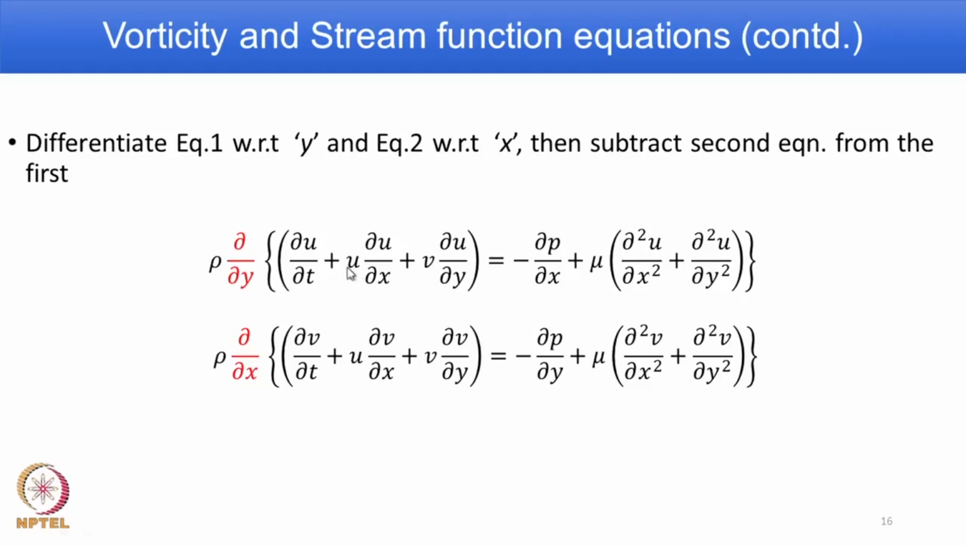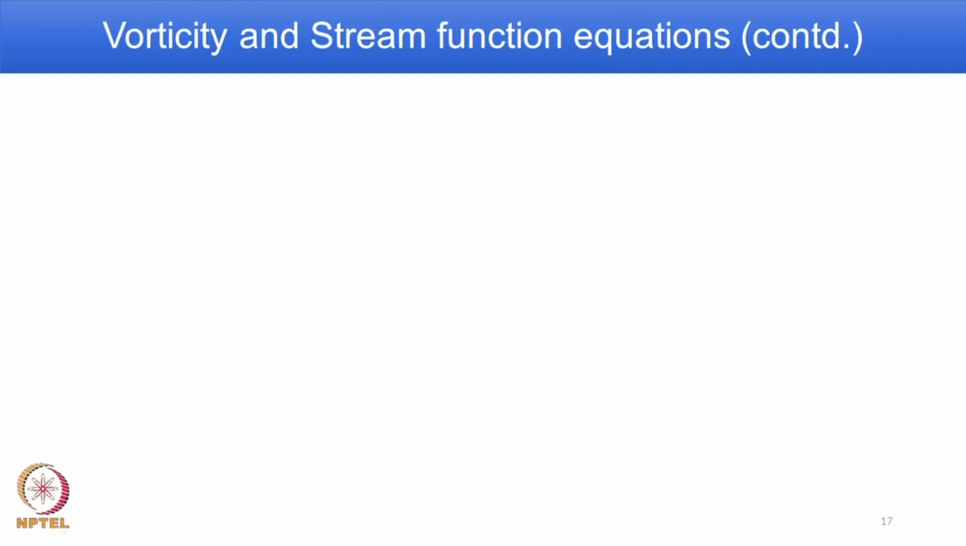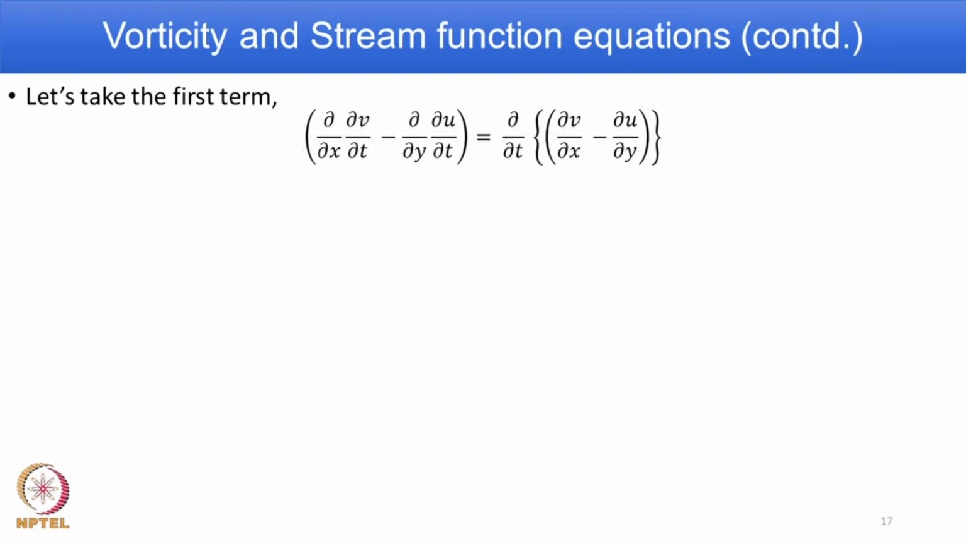So, what we do, we will take term by term and see how this is done. Now, we will do that exercise term by term. Let us take the first term. First term is a time derivative term, and you see here dou v by dou t, which is coming from